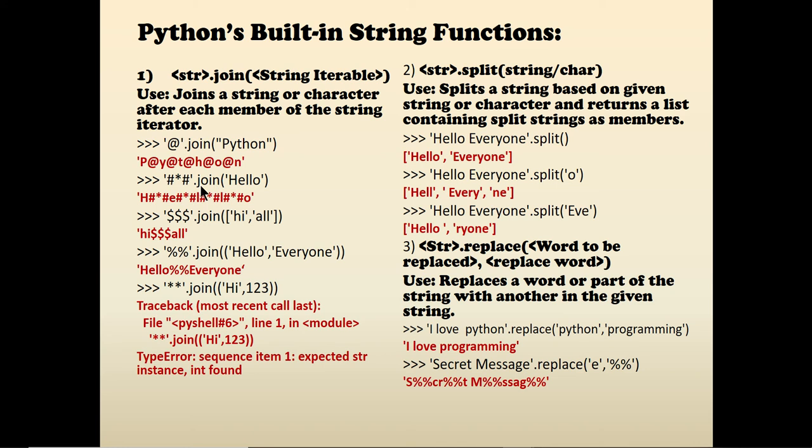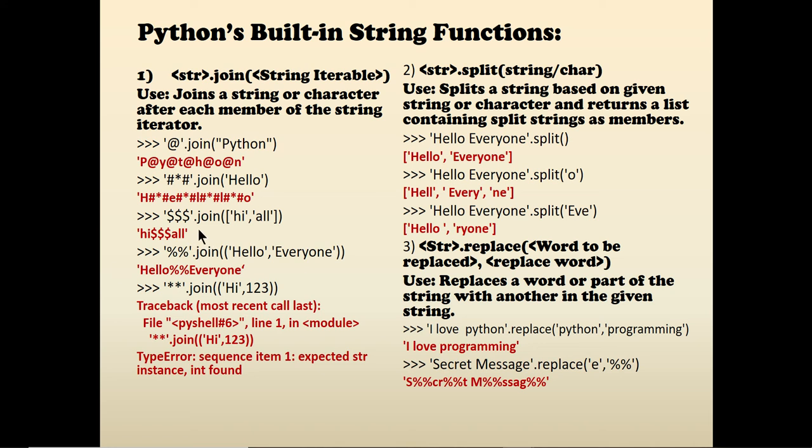Look at the next example. In this place of str, you can give any string of your choice. The only point is it should be given within quotes. Whatever you give within quotes will be joined, added after every single character of the string. Hash star hash is the string that I have given, so this will be added after h, after e, after l, after l, and not after the last character. Only that thing you have to remember: only in between will it be added.